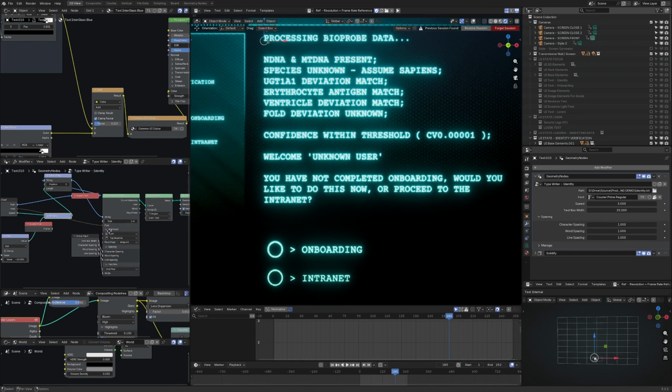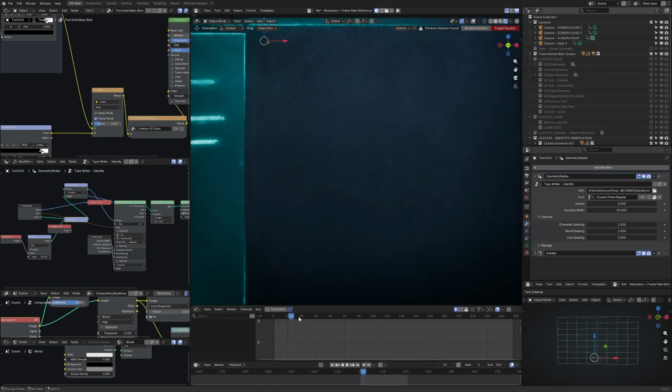So there are already different solutions available for Blender relating to typing effects, but for me, I just needed something